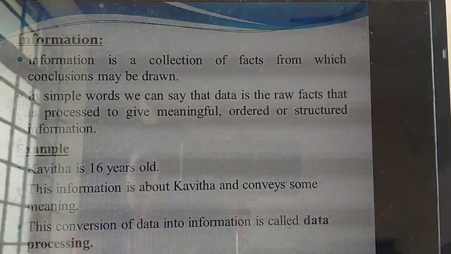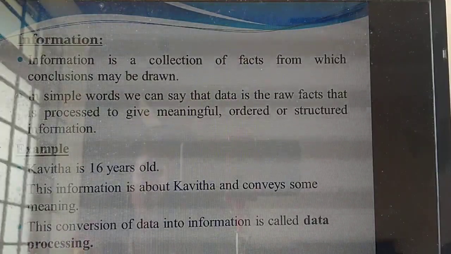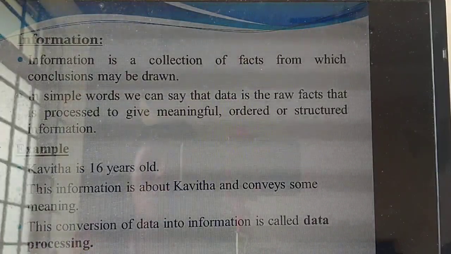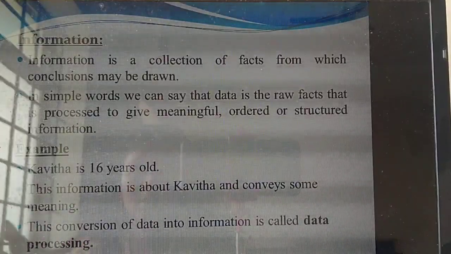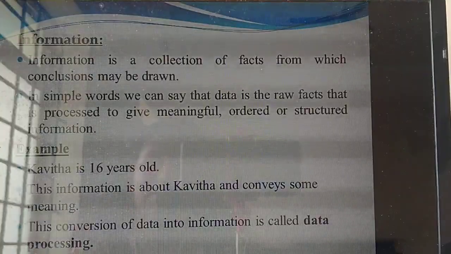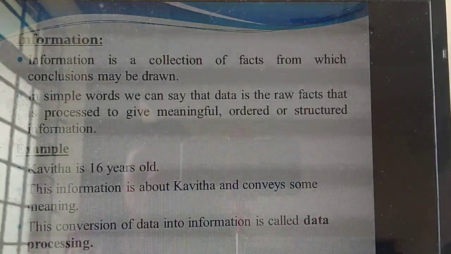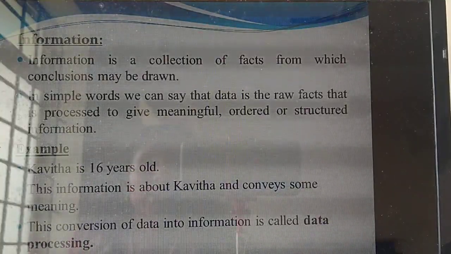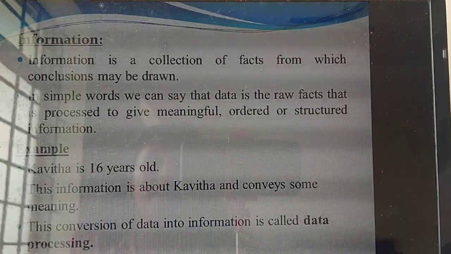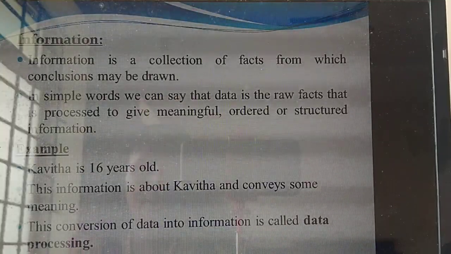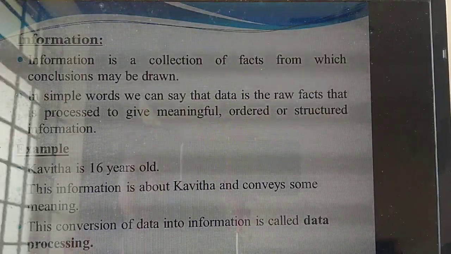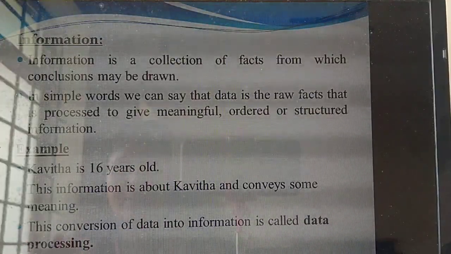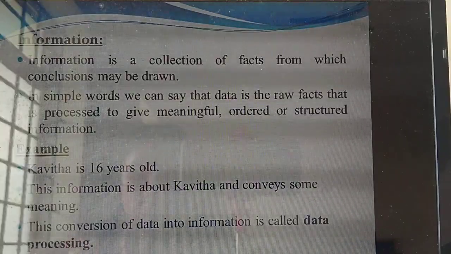Okay, then the next thing you need to write is the example. What's the third point you are going to write? Example. So what's the example I have given? See, some data you have mentioned, no? That's the example. So here see this example. I have given one sentence: Kavita is 16 years old. By reading this sentence itself, you can identify what information you are getting. So particularly, Kavita is 16 years old. You are able to understand, isn't it? Yes. So this message is conveying some information to you.